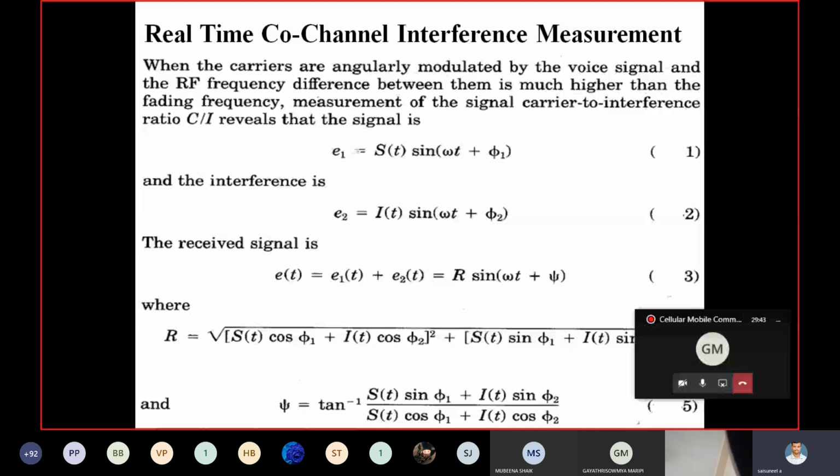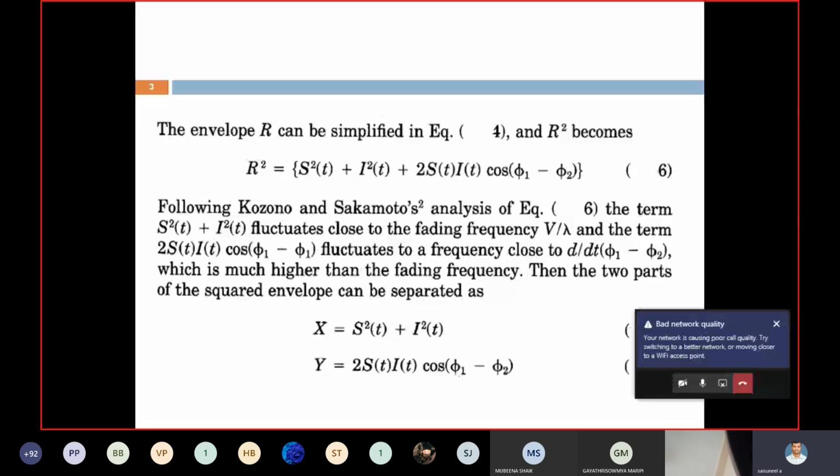You know the modulus formula for R and the formula for psi: if A plus jB is R, then psi is tan inverse of B by A. You know the formulas. Based upon this condition, to simplify the R value, neglect the root and go for R square. Then in the previous equation, expand this term, A plus B whole square.